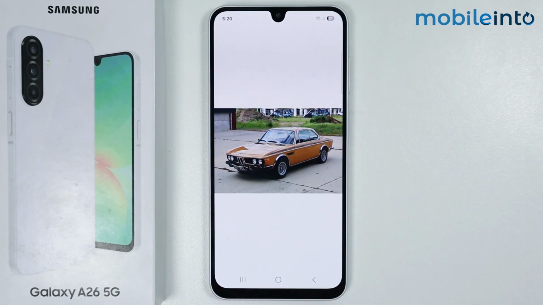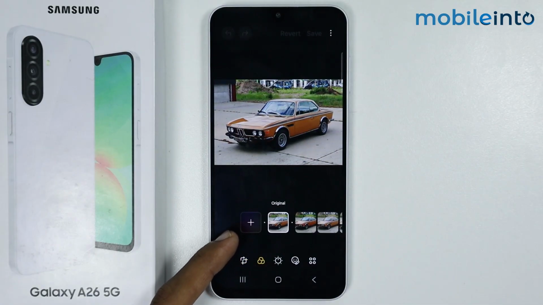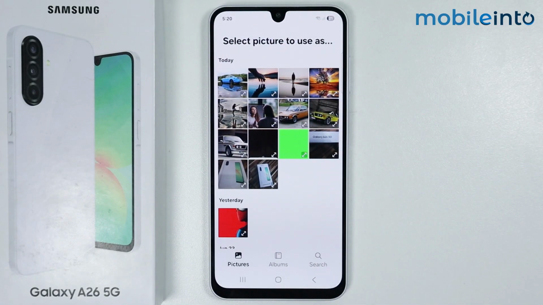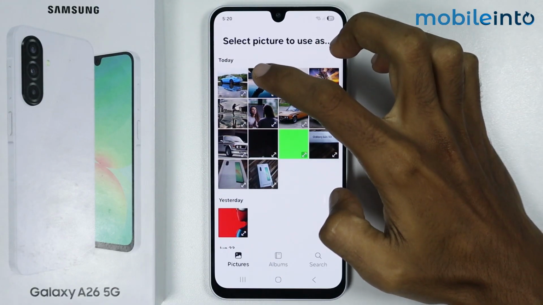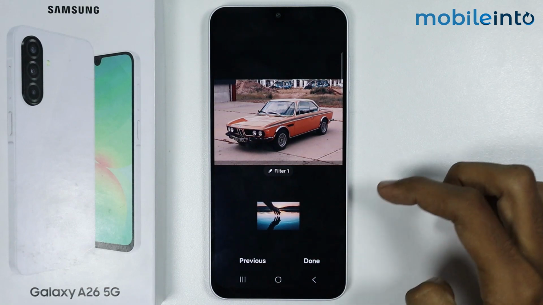Then tap on the Edit button. Now just select Filters and tap on the Custom Filters icon from here. Now just select an image from your Gallery app to create a custom filter using the colors from the selected image. For example, if I select this image, it will use the colors from this picture to create a custom